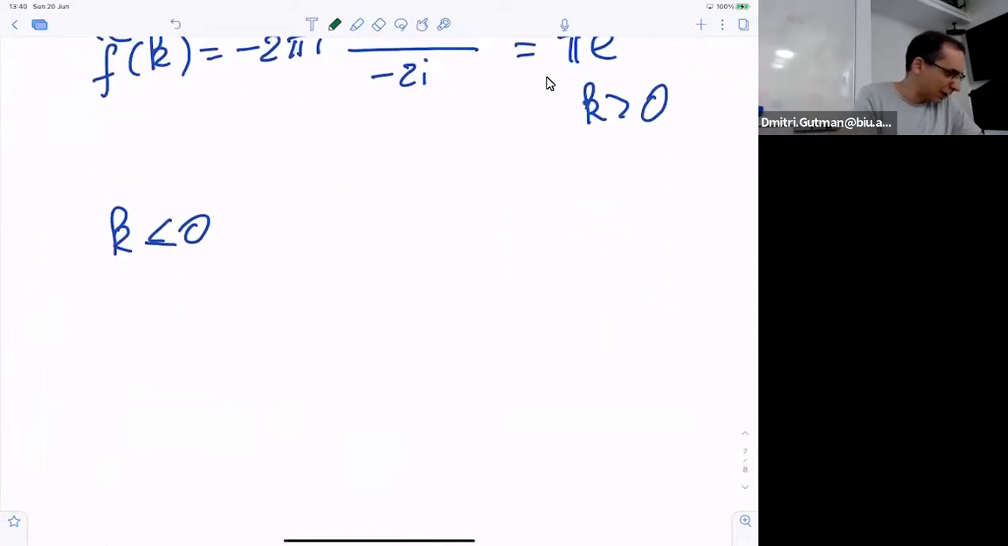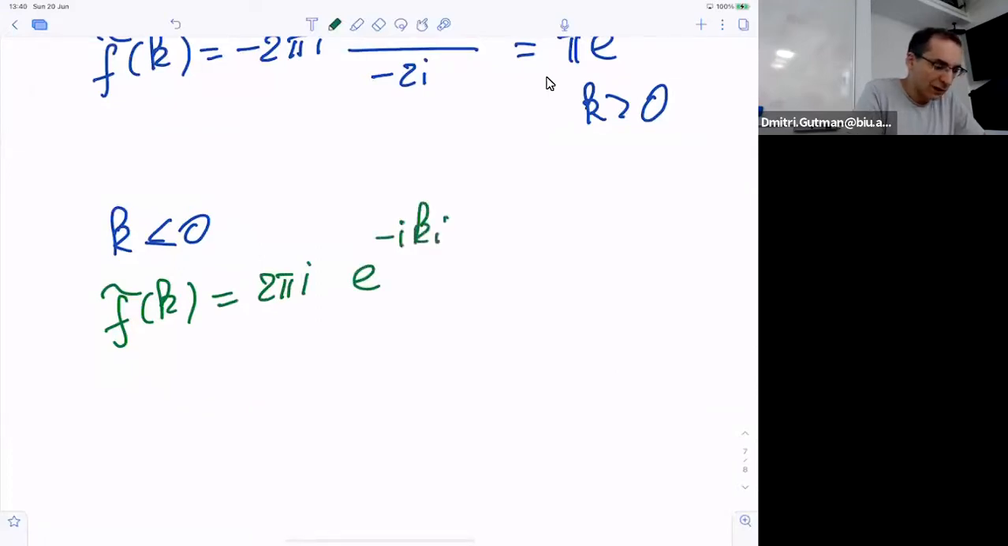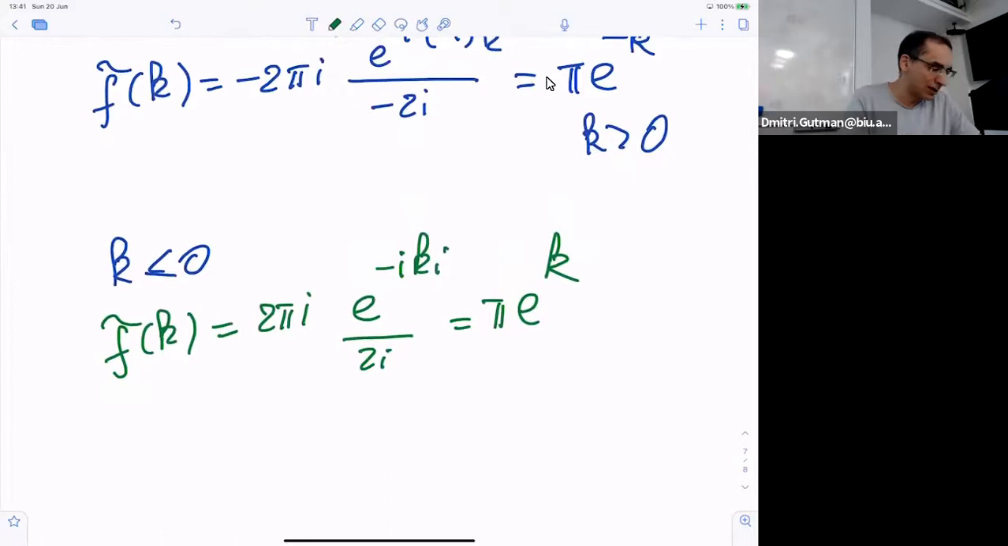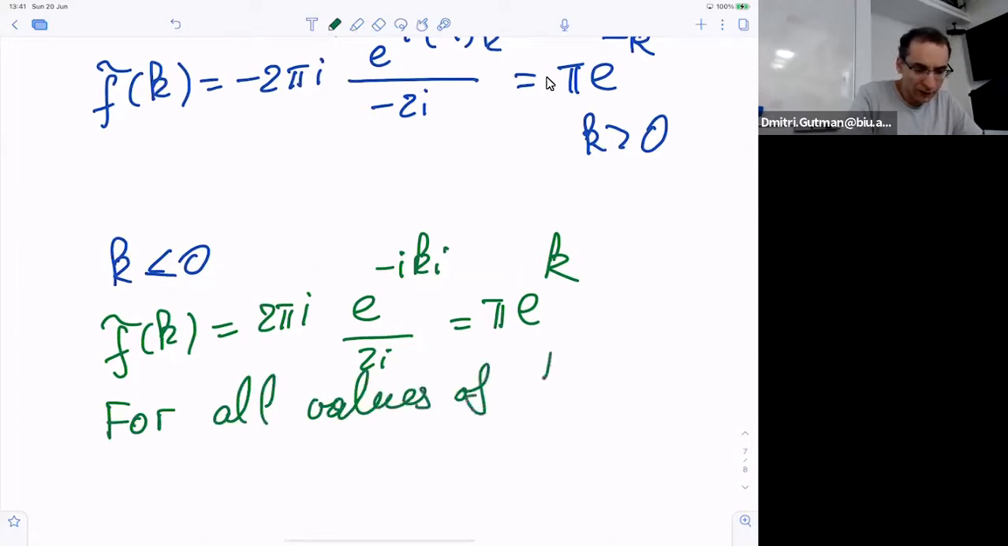So then I'm getting f of k to be 2 pi i, because now the direction is counterclockwise, times e to the power minus i k i over 2i, and I'm getting pi e to the power k. So this is k negative. Now I can look at these two answers and combine them together and say that for all values of k, the Fourier transform can be written as pi exponent of minus absolute value of k,